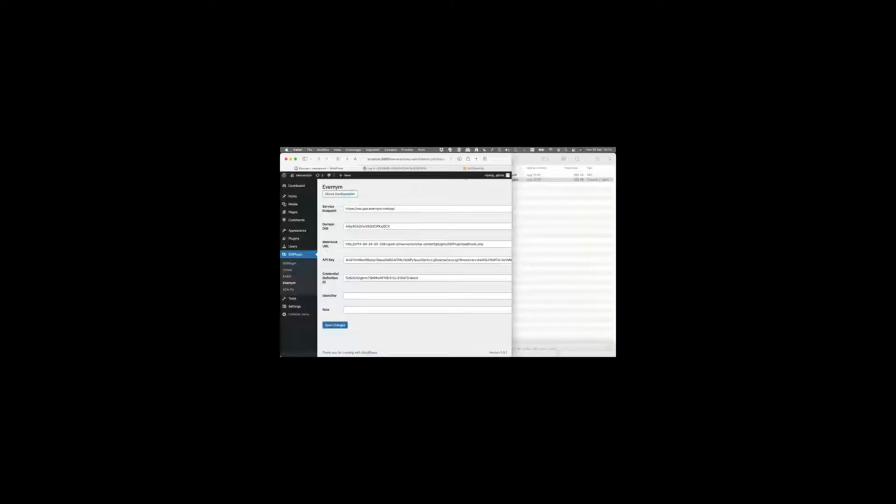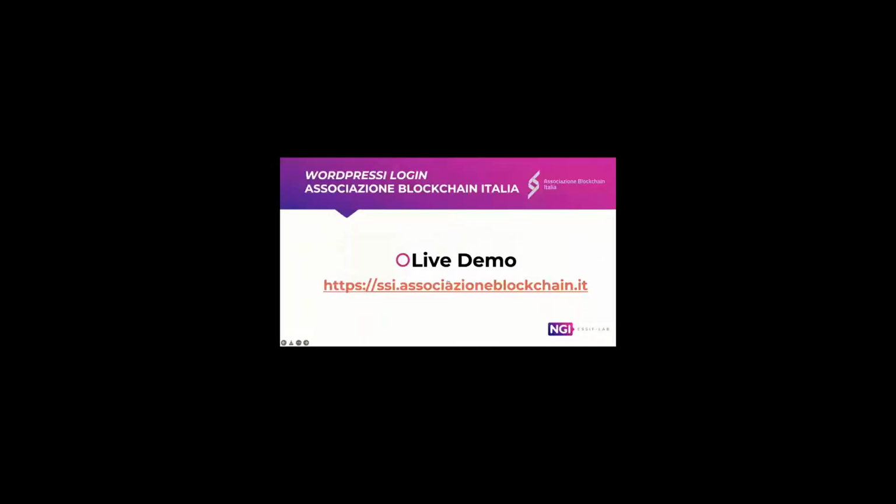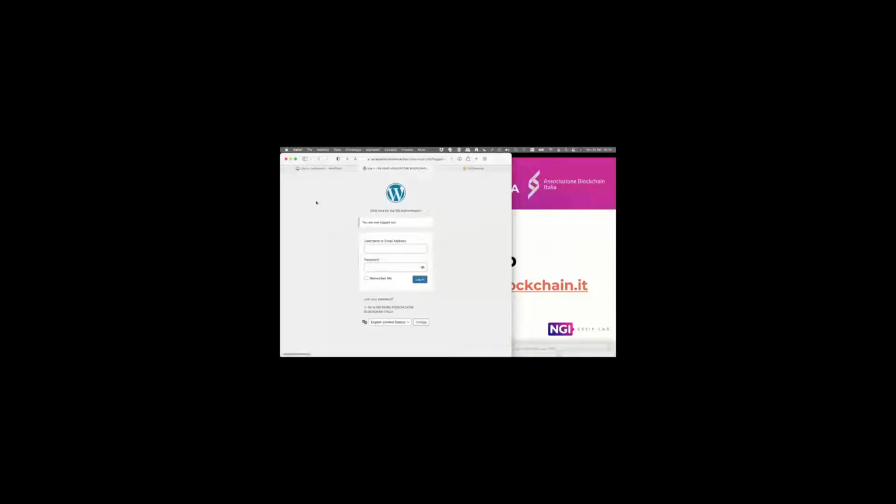When the plugin is activated, of course, we have in the login page a new link which enables SSI authentication. So let's switch to the public demo, which is the address you see in the slide, which can be also tried by yourself.